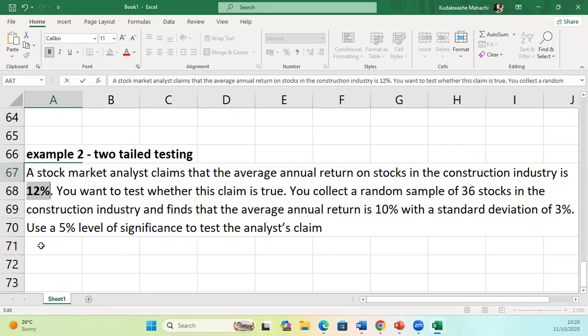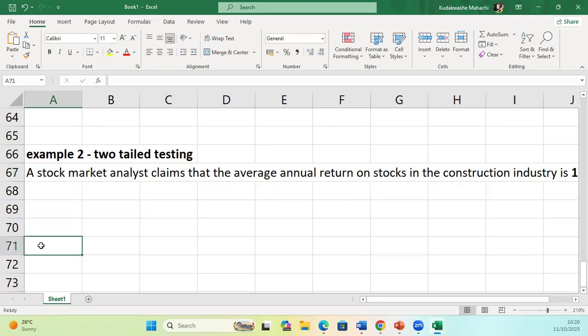So this one, the question did not mention whether you think it's greater or you think it's lower. You just want to test whether it's true. If you're testing whether it's true, it doesn't mean you are saying, because if it's 11, it's false. If it's 13, it's false. So they are saying it's 12. But if your test results are showing you 10 or they're showing you above, still it means then that claim is false. So we are saying that